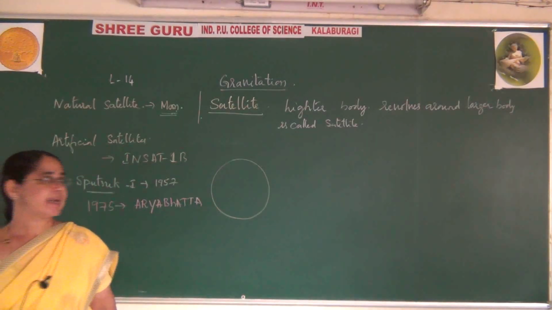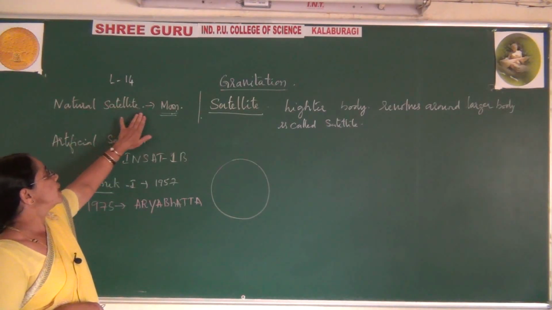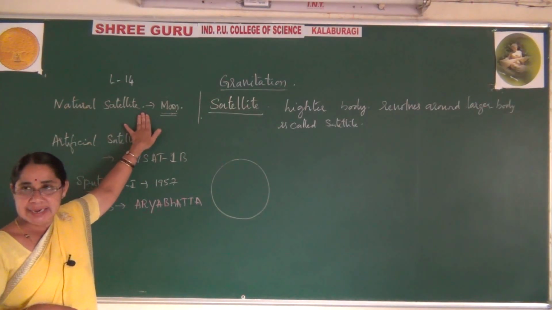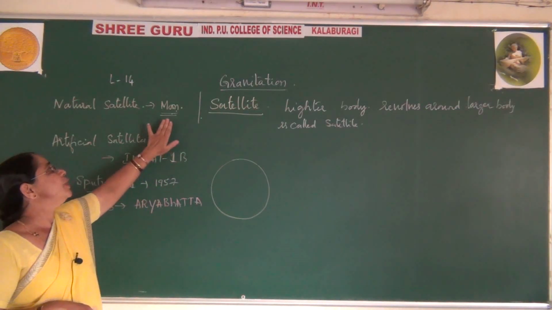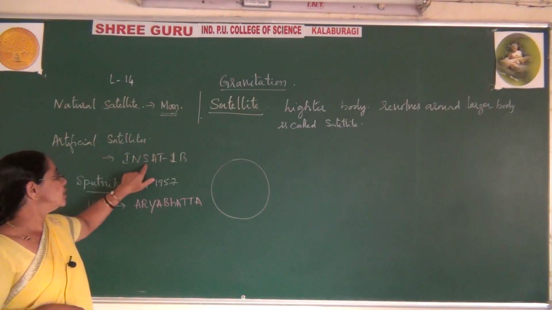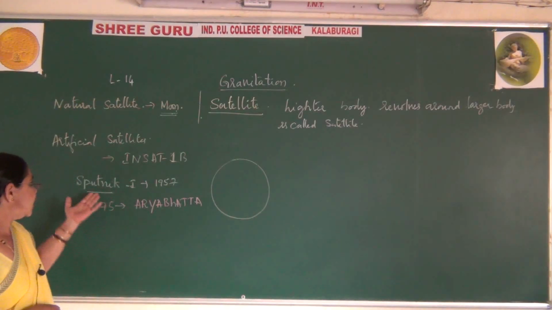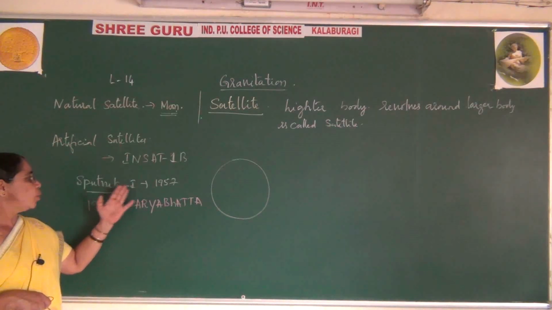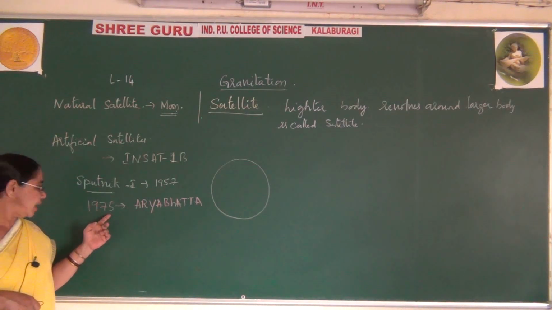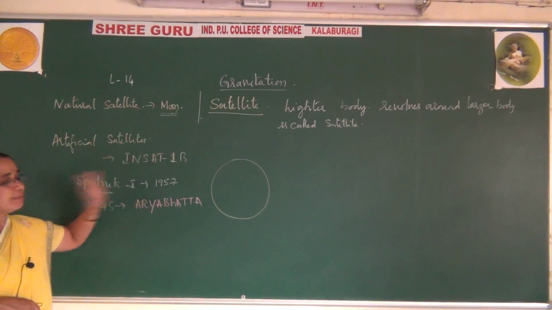In that we come across natural satellites and artificial satellites. For your reference, a man-made satellite is called an artificial satellite. The satellites which occur in nature are called natural satellites. The best example: the Moon is the natural satellite of the Earth. Similarly, Sputnik 1 is an artificial satellite of the Earth. Remember, the Russians launched Sputnik 1 in early 1957, and in 1975 we launched the satellite called Aryabhatta. So just remember this, it is enough.